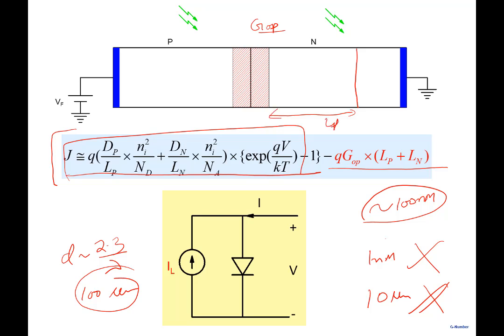So what it's saying is Q GOP, there is generation occurring all over. But generation which is occurring within the diffusion length of the junction, GOP times Lp, and similarly GOP times Ln, within a diffusion length of the junction. So what is really happening is, if you're creating electron hole pairs, note that the difficulty is the hole